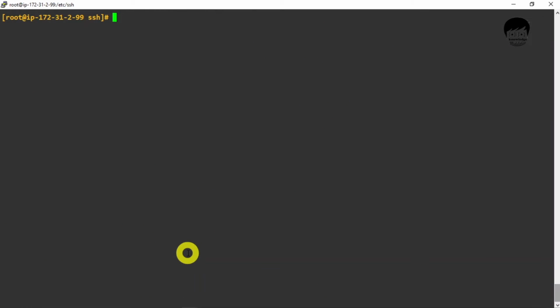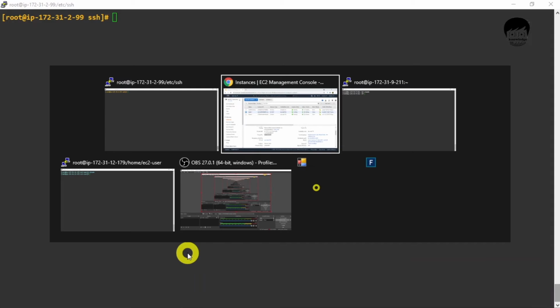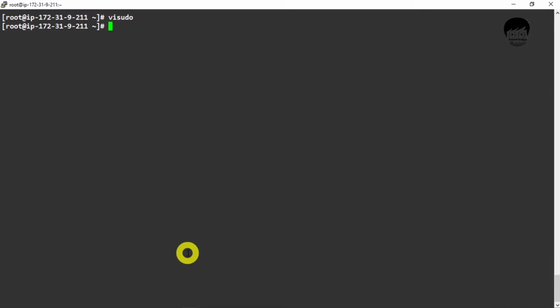Now we have to allow SSH authentication on every node. So again I am going to the same file, /etc/ssh, and then the sshd_config file.